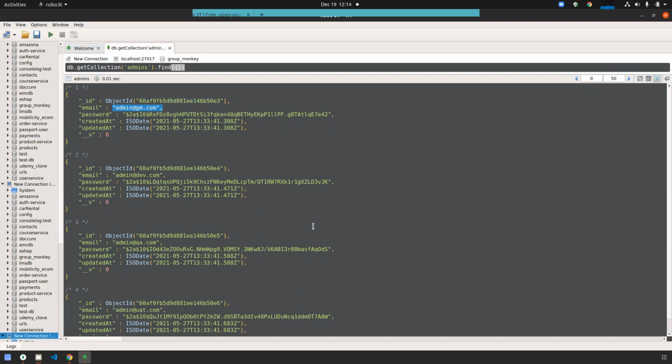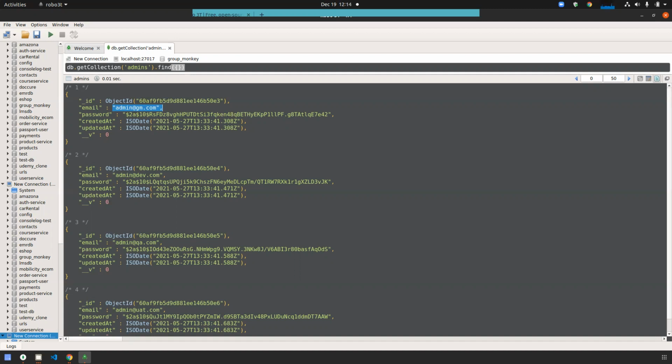MongoDB actually stores these records in BSON format. BSON means binary JSON. The JSON you provide is first converted to binary, then stored in MongoDB. That is done by MongoDB only. You don't need to convert. You just provide the JSON object to MongoDB, and MongoDB will do the rest.